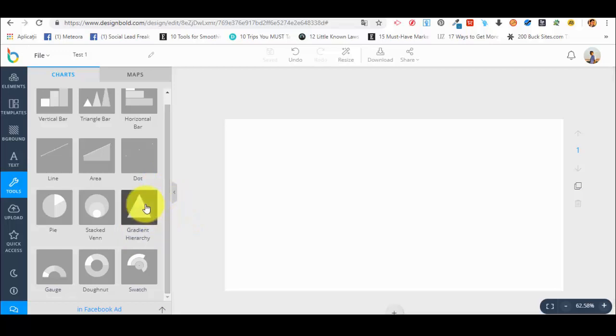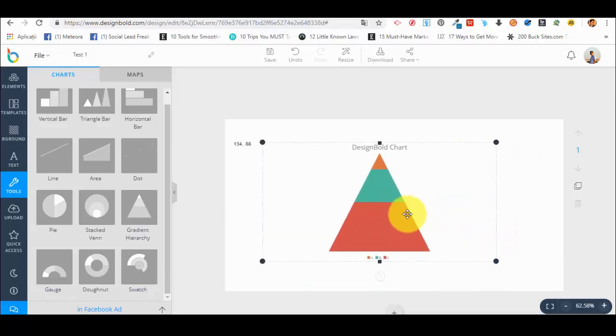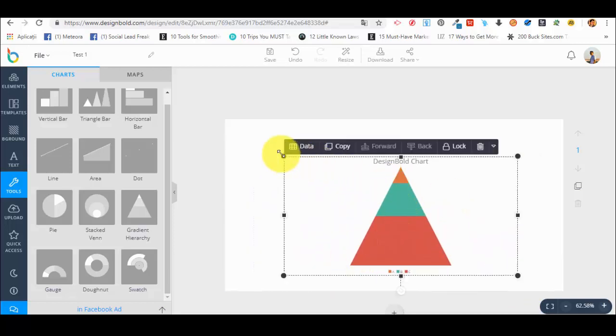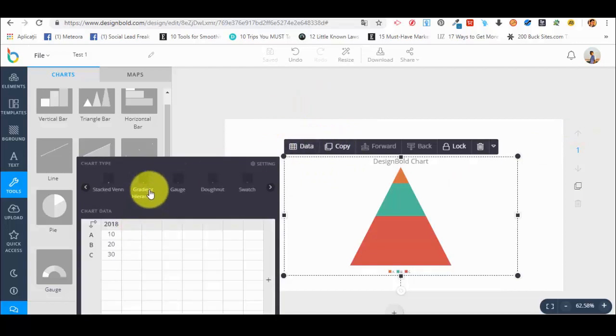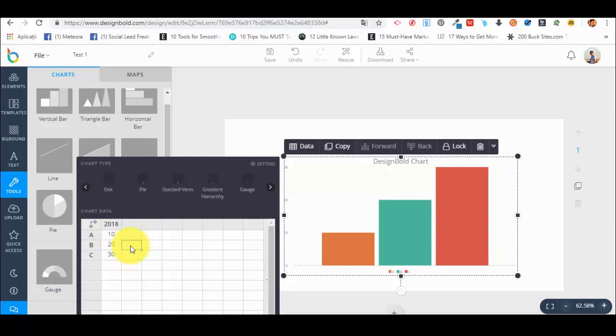Let's say that we want a gradient hierarchy. This is how it will look like. Okay, and if we select the gradient hierarchy, we will see that we have a menu here and we have data. And we have a chart data like an Excel, which we can edit. For example, 2019. Okay, but if we put this, we basically